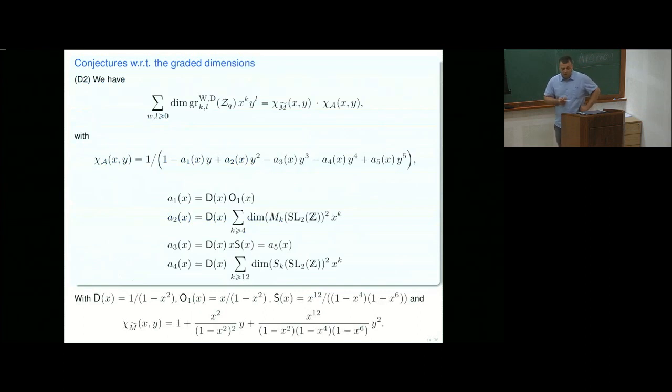So the actual conjecture we do have is now we have the weight filtration and we have the depth filtration. And now we could make the gradient between these two filtrations. And then the statement is that the Hilbert-Poincare series of that object is given as a product of two power series in x and y, where the first one, now the people who had been here last week will see again, this is nothing else than the Hilbert-Poincare series for the space of quasi-modular forms, and we use the fact